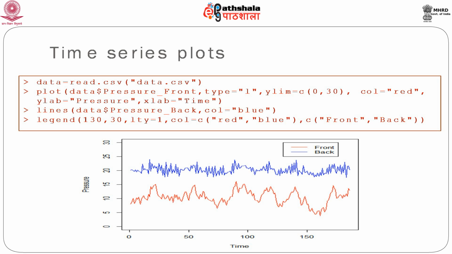If you just have a time series plot, what I wanted to do here was plot both series on a single axis. So I use a plot function and then I use a lines function to superimpose the plot over the same axis. That will generate the time series plot, with the black indicating the back pressure and the red indicating the front pressure